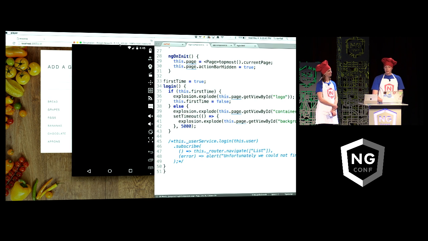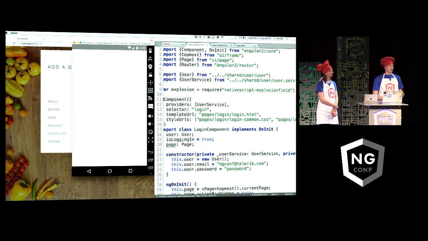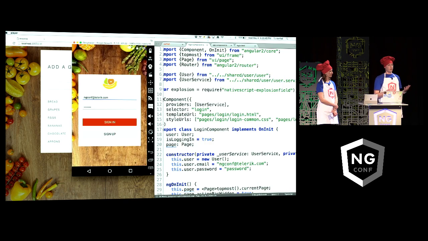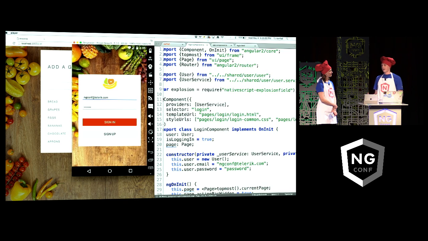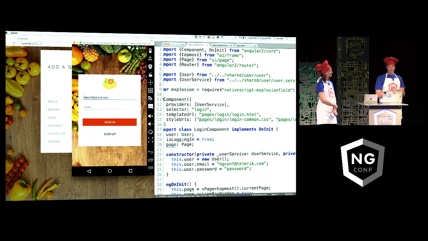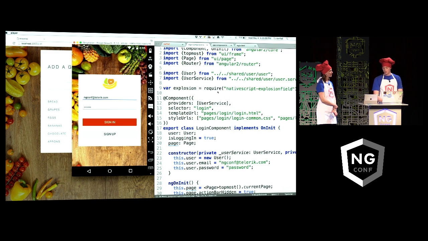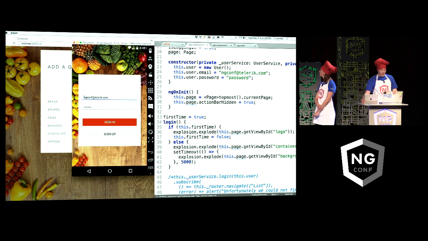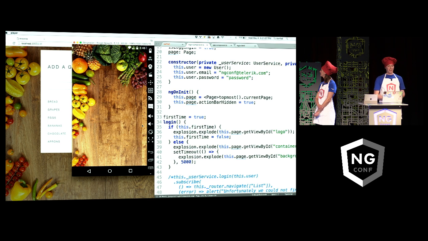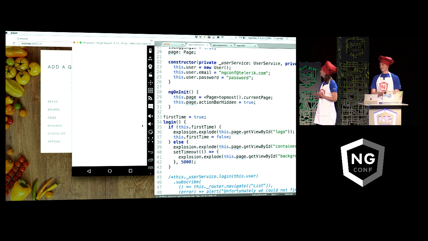Now what's cool is that this plugin is actually using a jar from Android Arsenal. One of the things we do with NativeScript is we also give you the ability to use some of the best things that native has to offer, things like CocoaPods on iOS, jars from Android Arsenal, and to leverage them in your NativeScript app using JavaScript and TypeScript code that's easy to use. So now, when I click this, watch the logo is going to explode here, boom. And then after that, this is going to explode. And then after a second or two, we just make the entire application explode